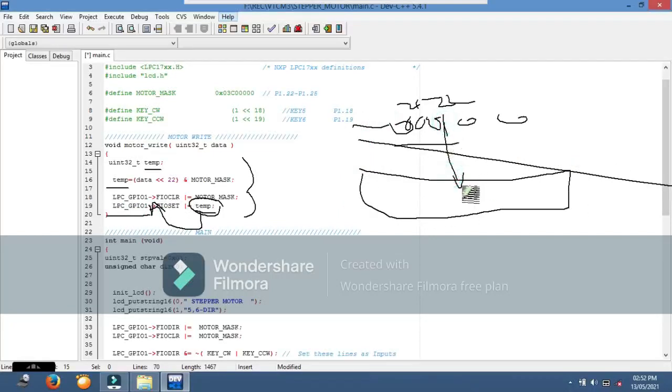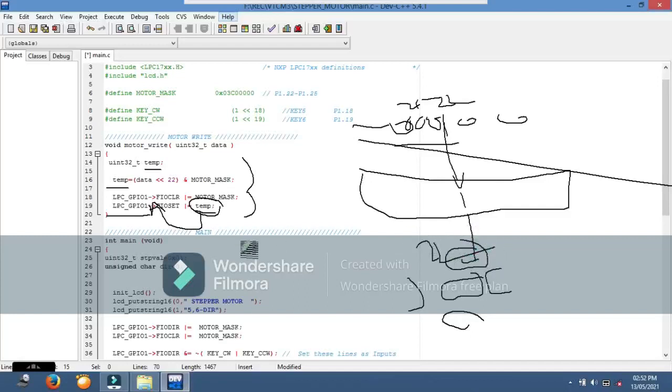Bit 22 will become 1, and that is connected to a coil of the stepper motor, so that coil will get energized.